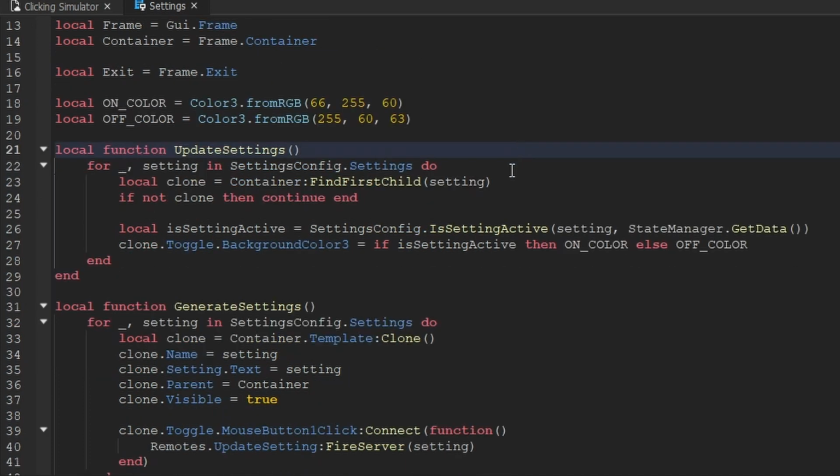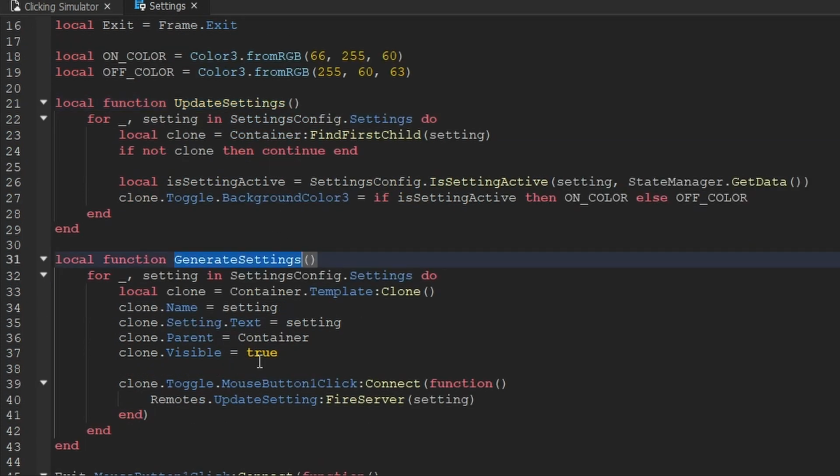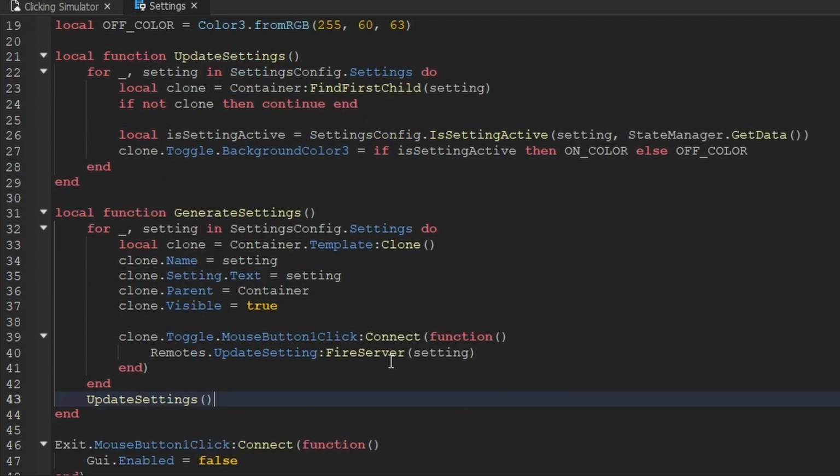And now that we've created this function, whenever it's called, it's going to update the only dynamic thing inside of this GUI, which is the button of the setting, whether it's toggled on or off. Now, like I said, the reason that we created this function is because we need to use that along with generate settings. Now, when are we going to call the update settings function? Well, we're going to call it after we finish this for loop. So we'll say update settings, and now we've completely finished our generate settings function as well.